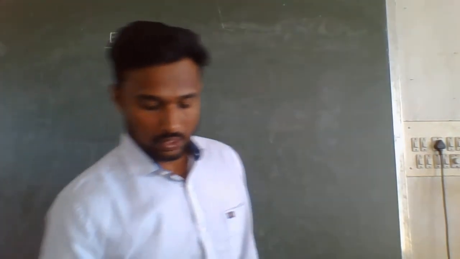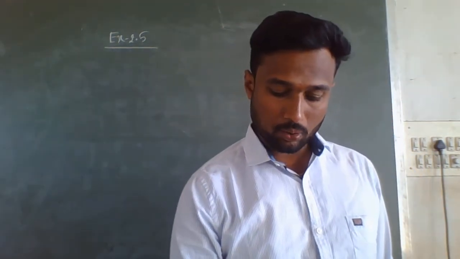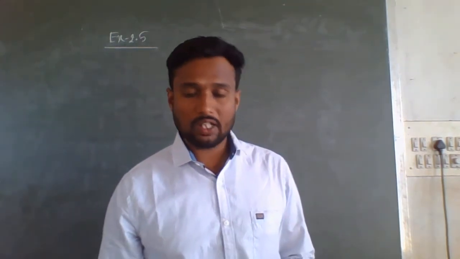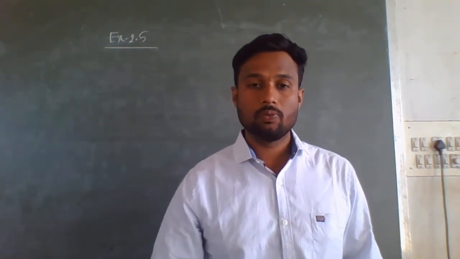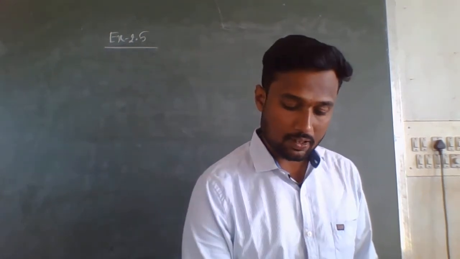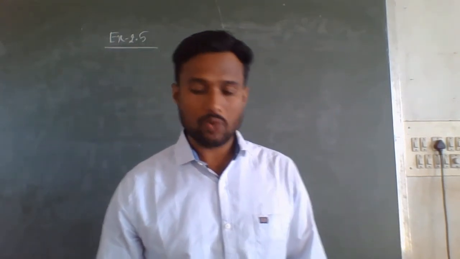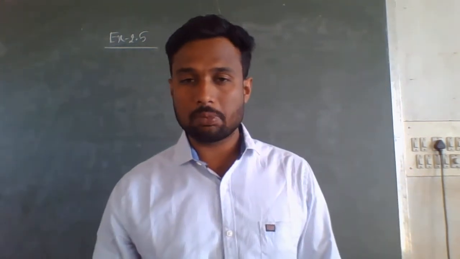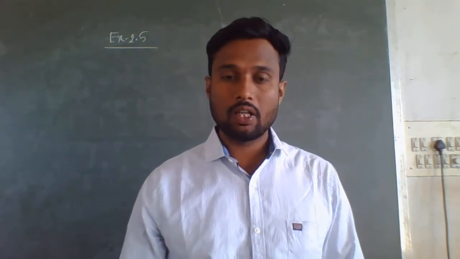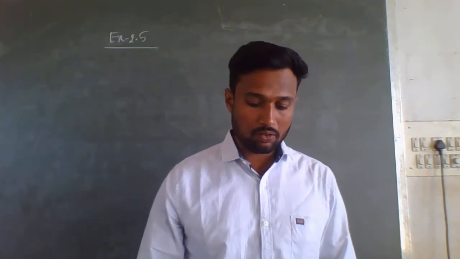So here in sixth question, what they are given: write the place value of 2 in the following decimal numbers. They have given decimal numbers where all of them contain the digit 2. You can see in problem 6, exercise 2.5, page number 48. What they are asking is to write the place value of 2 in all the following decimal numbers. In all the decimal numbers they have given the digit 2, but here we have to mention the position of that 2.